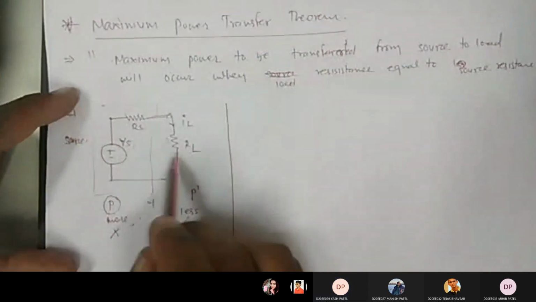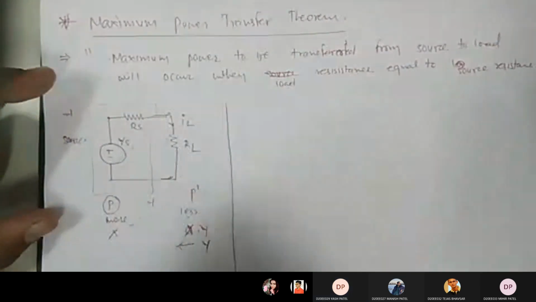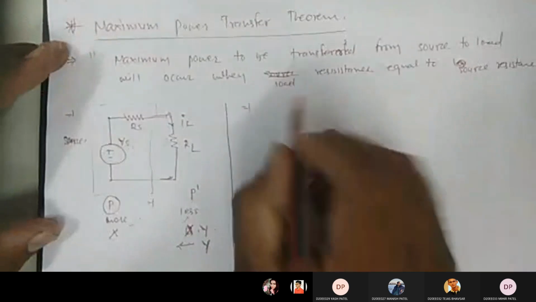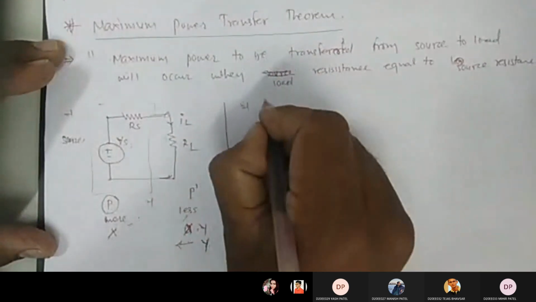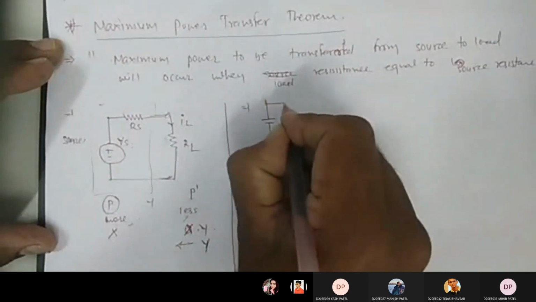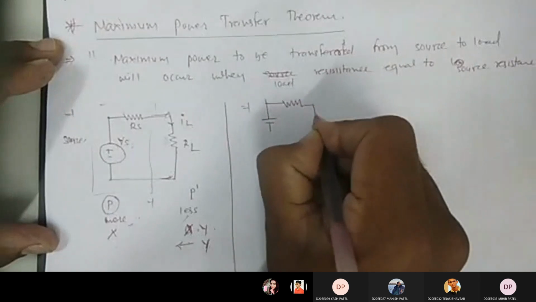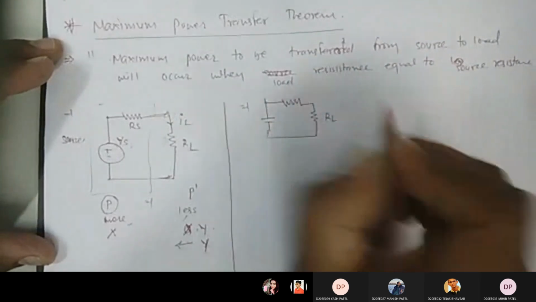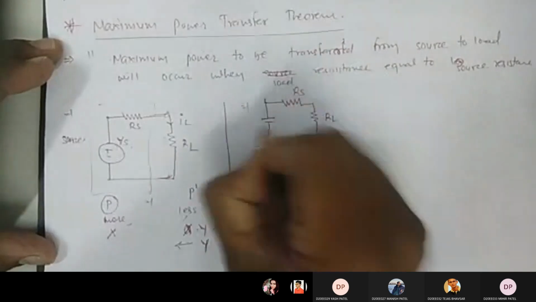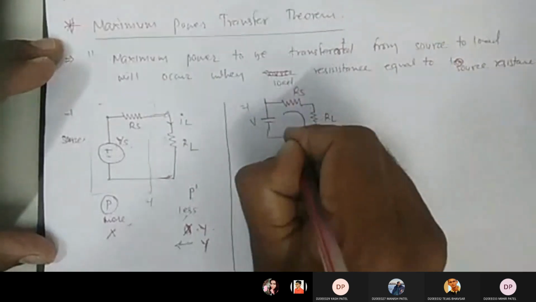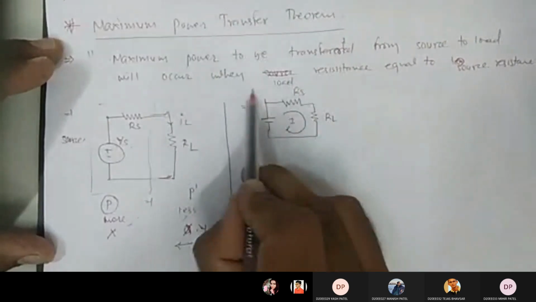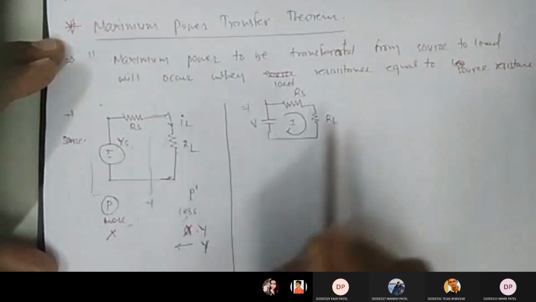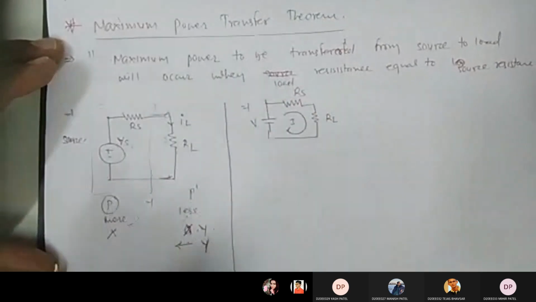Okay, so this is our circuit for maximum power transfer. I am redrawing the circuit over here. Suppose we are having this voltage source. Okay, I am talking about a DC circuit, although it will be applicable for an AC circuit. This will be your RL, this will be your RS, and this will be your V. Suppose I amount of current will be there. This is your source circuit, and this is your load circuit.